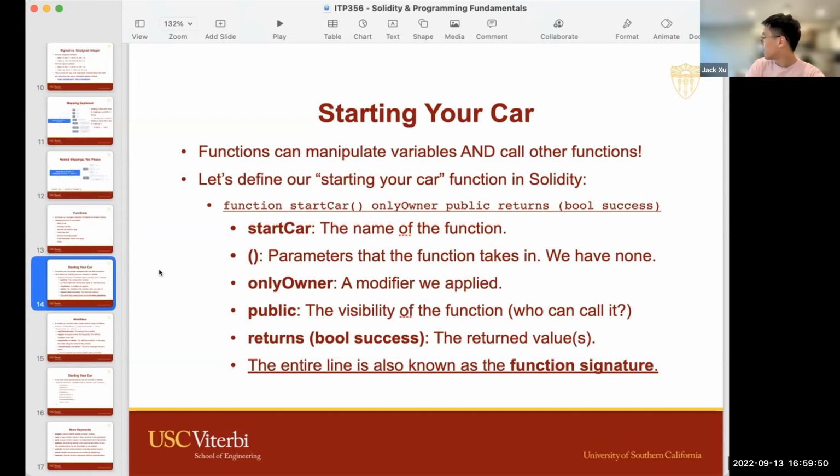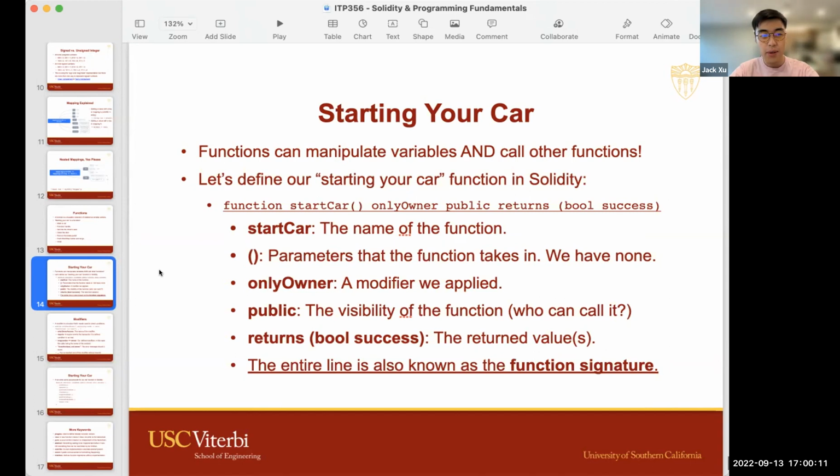Anyhow, so that's external. Only entities that are outside of the smart contract can call it. So basically they can't be called from within.